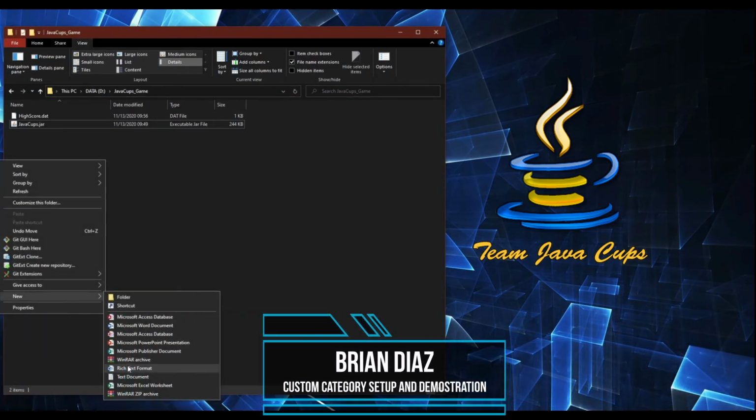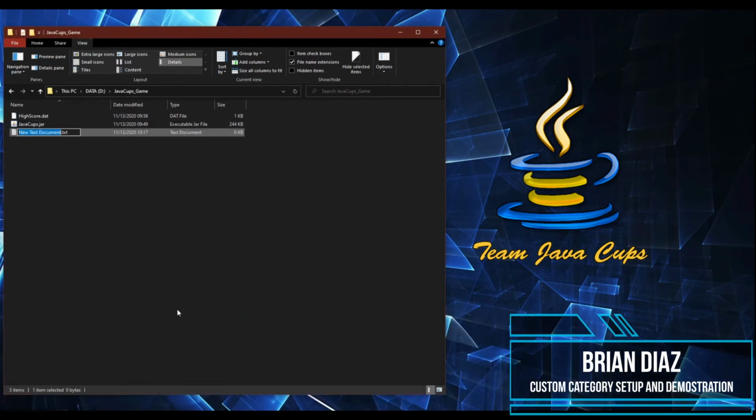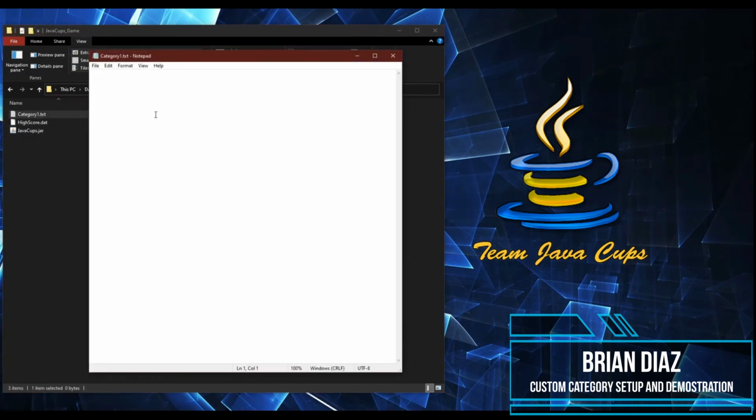Another neat feature is that you could definitely add your own category of text. If you go into Java Cup's games file and create a category 1.text, the first thing you write down, of course, would be the title. Now the second and third and fourth thing you type in, of course, is actually the word you would be guessing in the game. So this is a test, would be a guessable phrase. Here is another phrase, and this is easy, are all phrases the user can guess, and the program would choose one of them randomly, and we'll test it out.